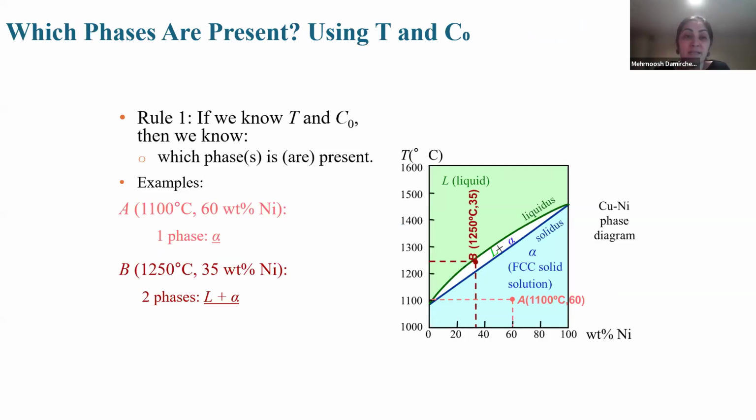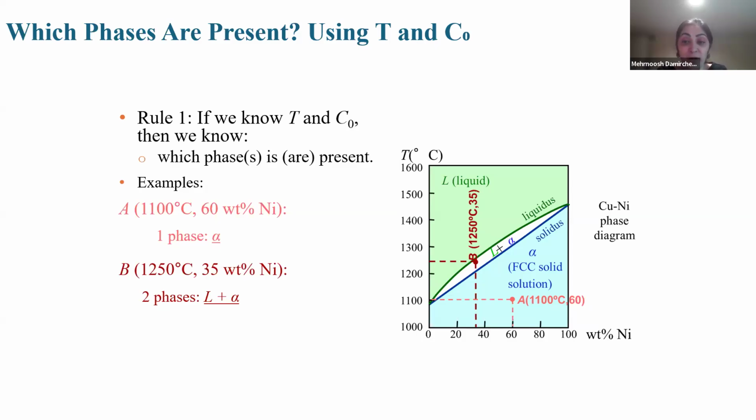Which phases are present in a phase diagram using the temperature and C naught? In this slide, we see how to determine which phases are present if we know the temperature and overall or average composition, which we show as C naught. According to rule 1, once T and C naught are known, we can locate the point on the phase diagram and identify